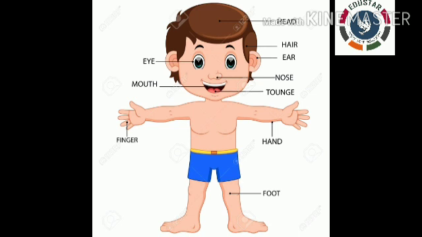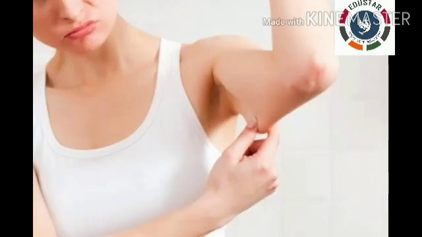You know that we have different parts in our body and each part performs different functions. Now touch your left hand with the right hand. How do you feel? You can feel soft. If you touch your elbow or knee, you can feel harder. What is that? Yes, the soft part is muscles and the harder part is bones.